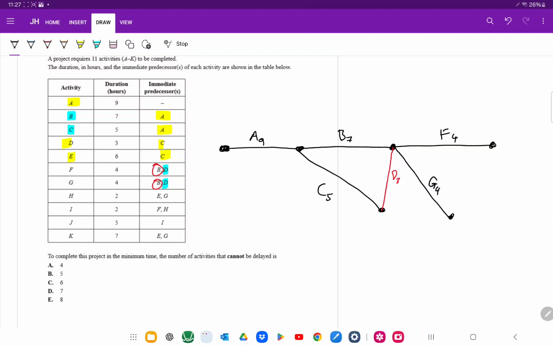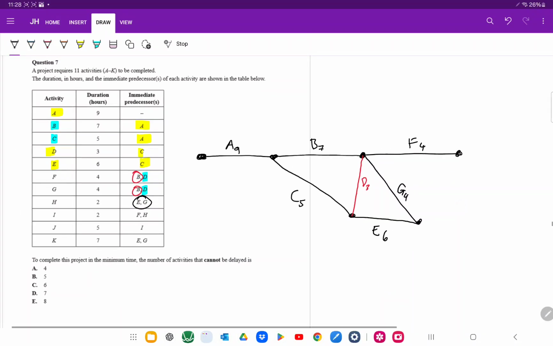now let's look at H. Activity H has E and G as predecessors, and do we have activity E somewhere? Activity E comes from C. The reason why it's joined as well is because H comes from E and G. So H comes from E and G, that takes 2,